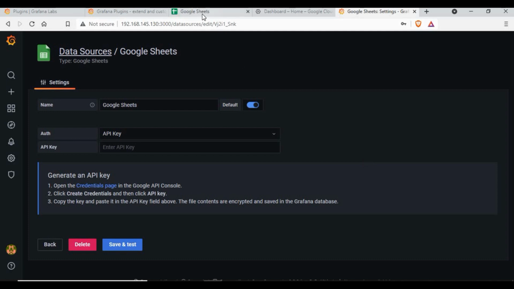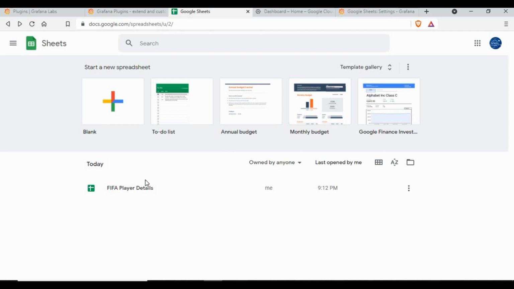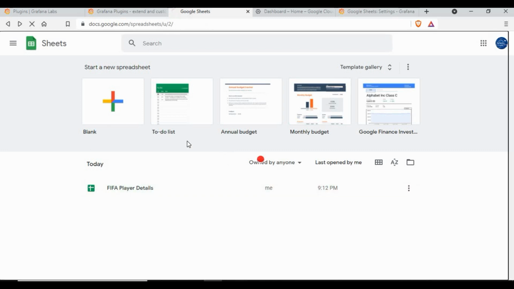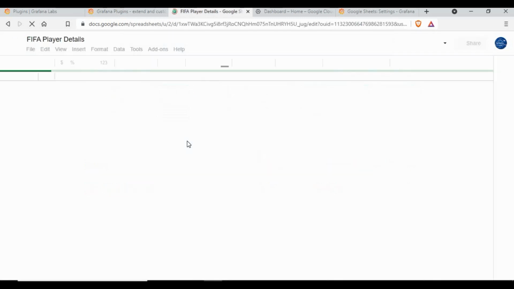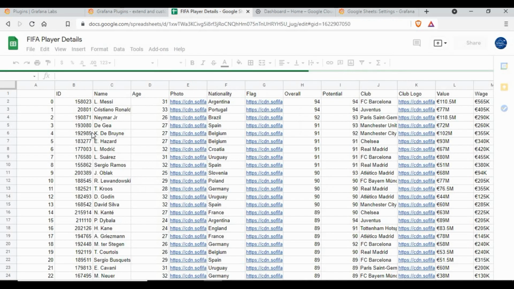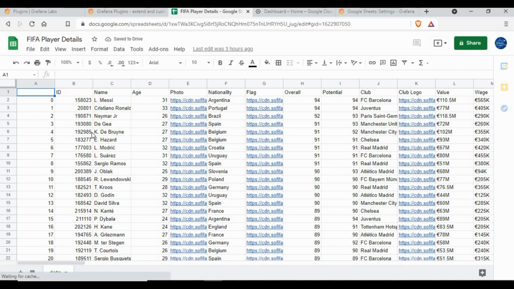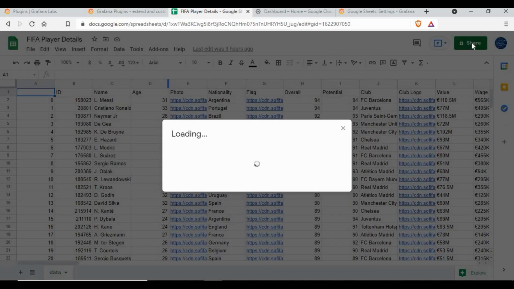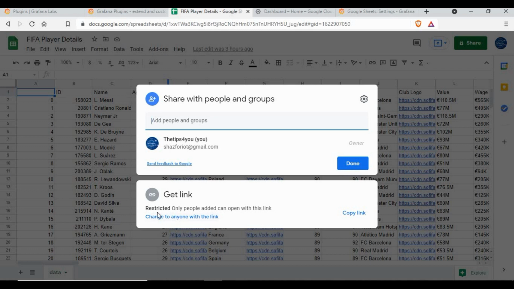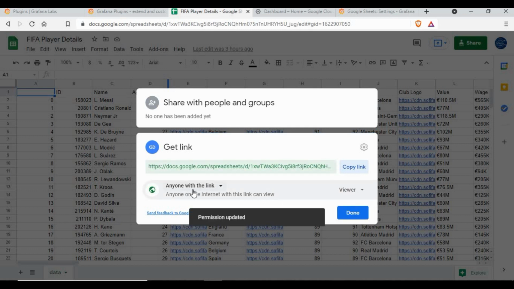Before that, I will just show you that I have a Google Sheet here. This is a sample Google Sheet which just talks about football players. Whichever sheet you have, you can use it, or you can save the content in your Google Sheet. But you need to make some changes, because by default the Google Sheet will be private, only for you. So you need to click on the share button and change it, currently it's in restricted mode. You need to click on change to anyone with the link. So you should see anyone with the link, and you just need to copy this link as well, because we need to make use of this